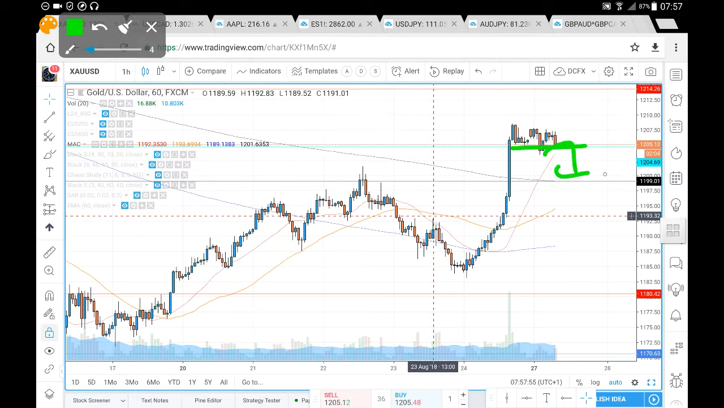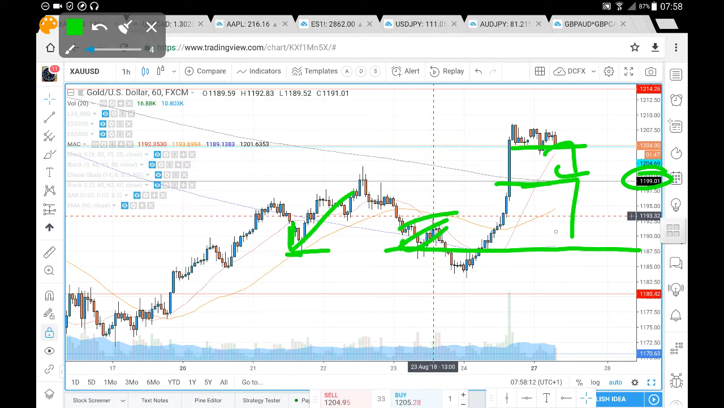1204.69. So if we do see a breakdown from 1204.69, then looking for a move down towards that 1199 here on the XAUUSD. Failed to find support there, possibly looking for a move down towards that 1187.50. We found support there. Had a brief consolidation upwards from that 1187.50, and if we do break from there, we've got the 1180.42, which